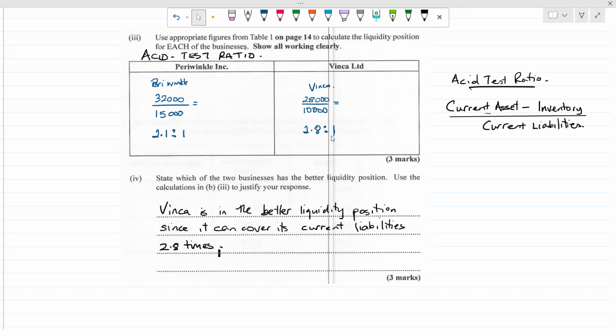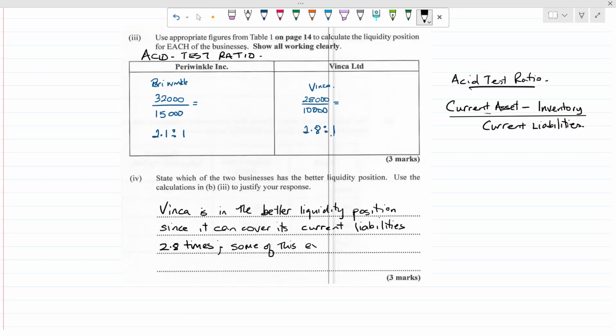Now there's a borderline. We don't want to get to 3 and 4 and 5 and 6 times. This is the point where we're going to say that you have too much idle cash around. Although you're in a good liquidity position in terms of covering your current liabilities, a lot of the excess cash or current assets could be used in the business to expand the business and help generate more profits. So let us include that here. Since it can cover its current liabilities 2.8 times,